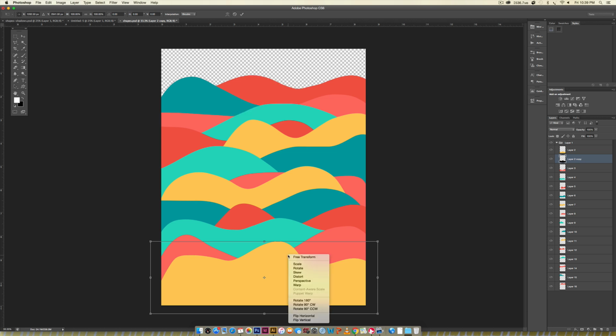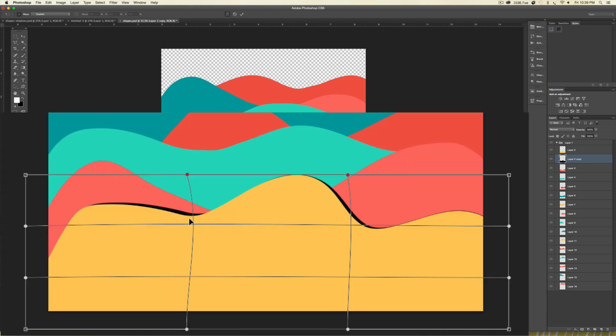Then you're going to right click and choose Warp. So this is where this kind of faux shadow comes in, and all I'm going to do is click right here and drag it a little bit, and you can see it's warping the actual shape, and kind of off centering it to the right. So as you can see, we've got these really nice organic shapes happening,